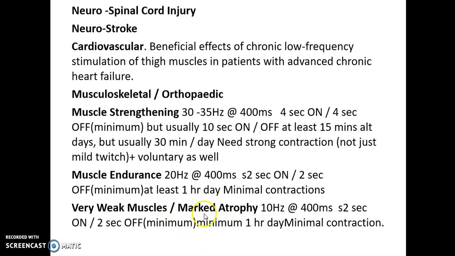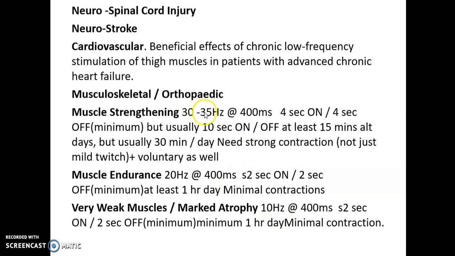For very weak muscles, very small stimulation, 10 hertz to 15 hertz can be given, 400 microseconds. So the pulse duration is similar for all three effects. But frequency is where you are changing the effect. So increasing the muscle strength, 30 to 35 hertz; muscle endurance, 20 hertz; very weak, very atrophied muscle, you